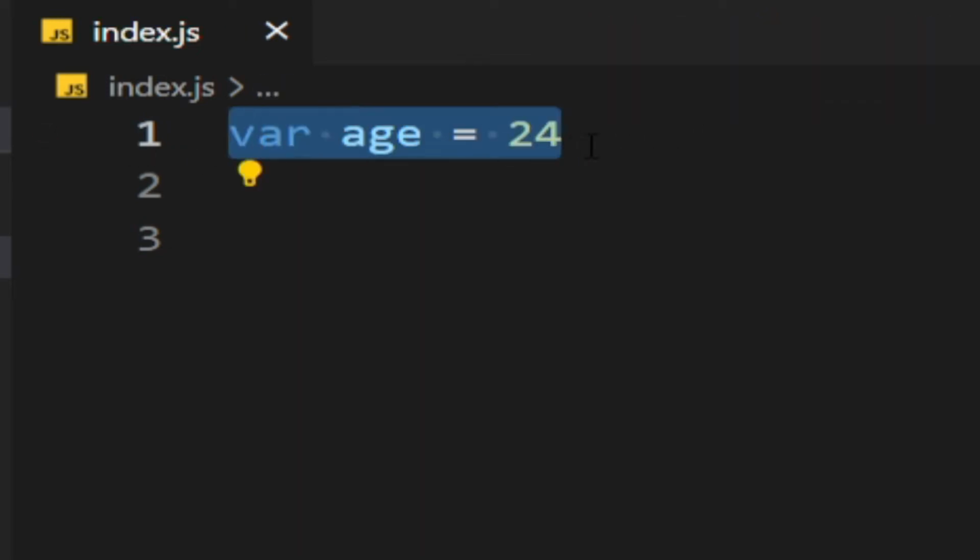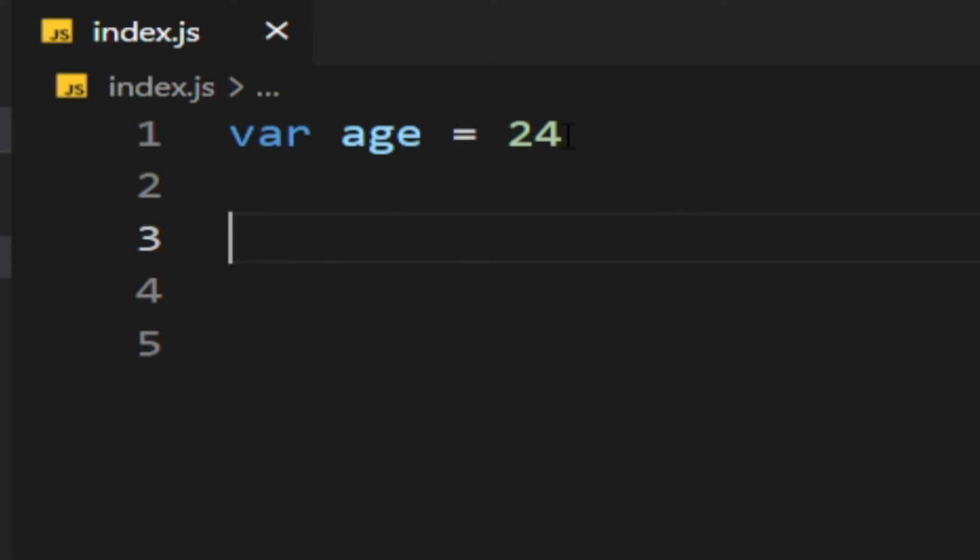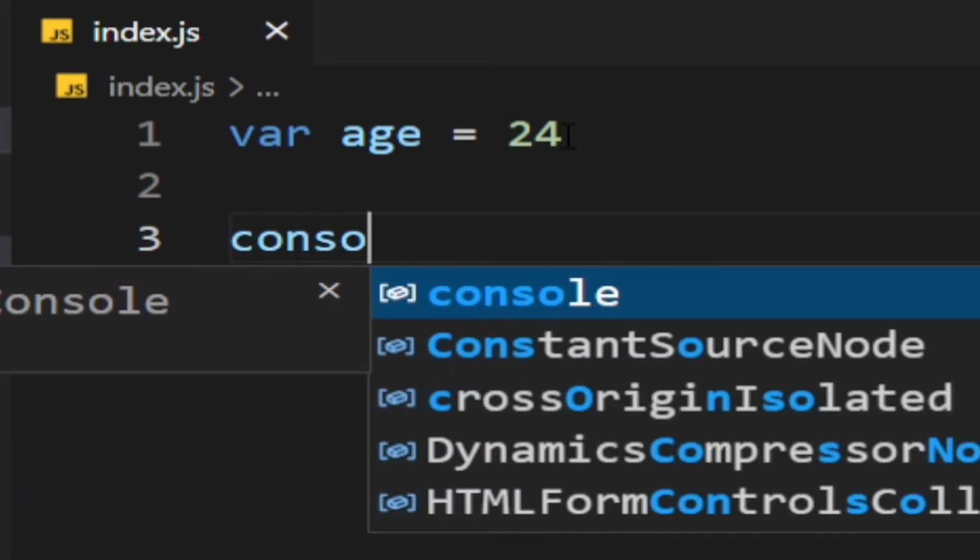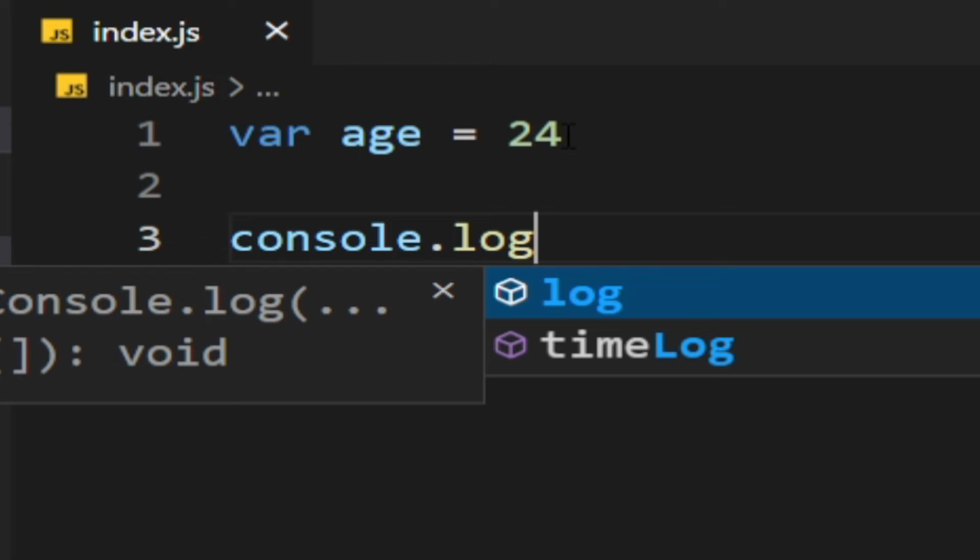You see now the compiler stops complaining with the red underlines. Now this means we are telling the JavaScript compiler that this is a variable by using the var keyword. Then the name of the variable is age, and then we are assigning age 24. Now let me try to print this result in the console. We write console.log,